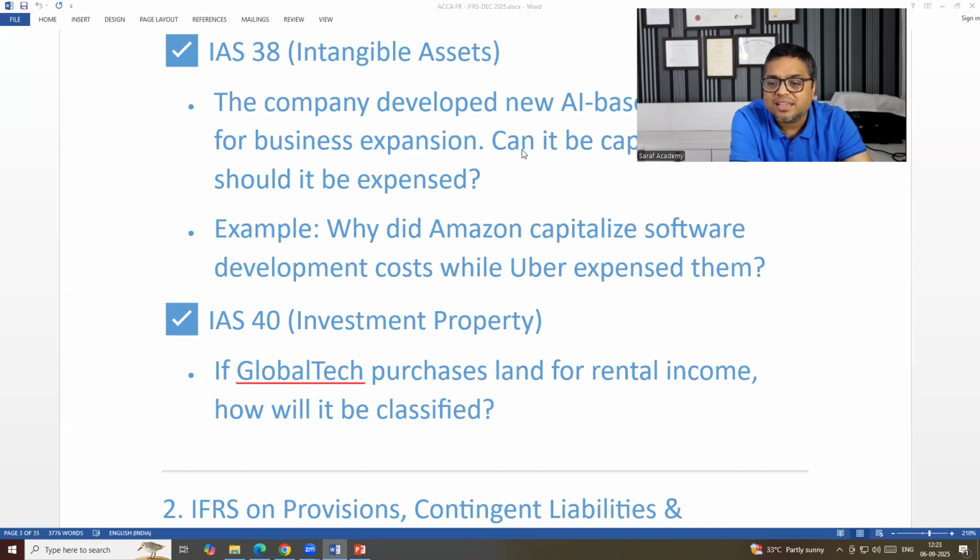You just have to make sure that whatever you write is true and factual. They are not asking for any proof. You will write, for example, Saraf Academy, I worked for 3 years as an accountant and I did this and that. They are not asking for any proof. So no problem will arise like that, sir.